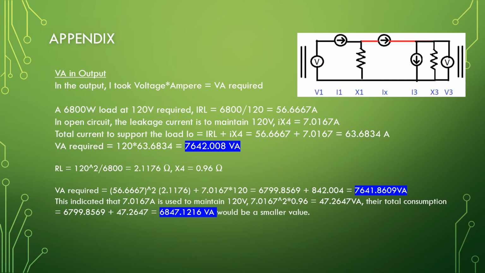In open circuit, the leakage current is to maintain 120 volt. Ix4 equal to 7.0167 ampere. Total current to support the load IO equal to IRL plus Ix4 equal to 56.6667 plus 7.0167 equal to